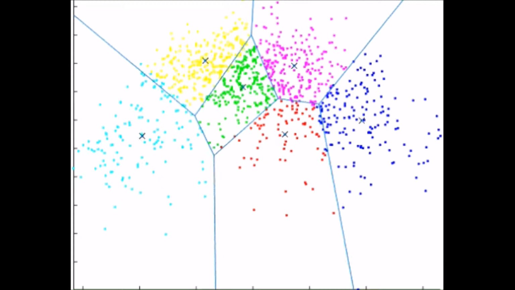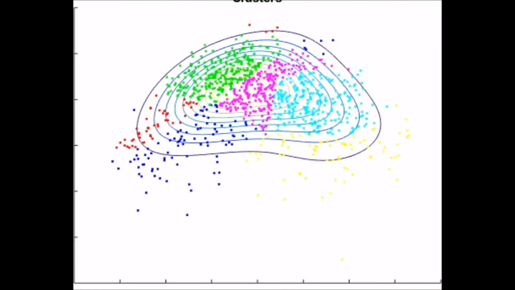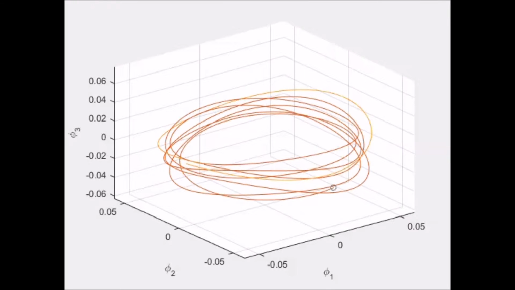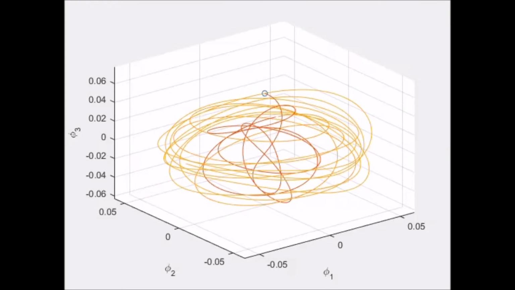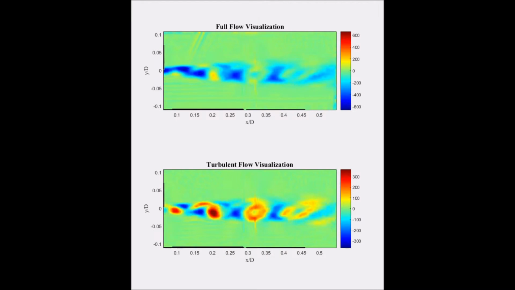So first we show some animations of the clustering algorithms, which are explained a little bit if you take the time to look through my presentation I've attached. And then next we show a representation of a model in phase space after we use a technique known as principal component analysis. And then finally we show reconstruction at the end showing the vorticity.